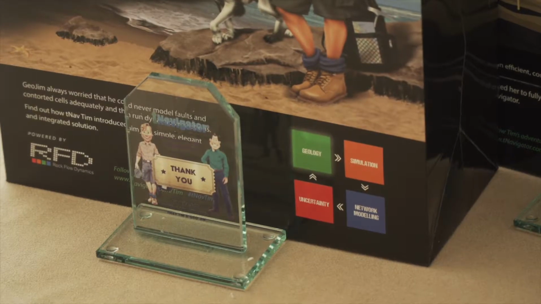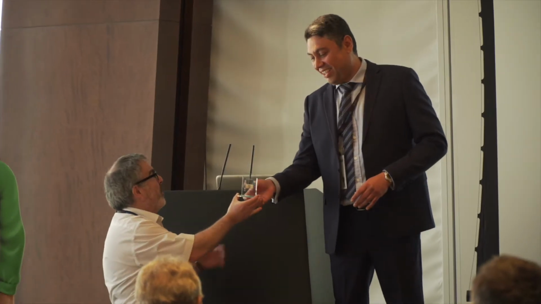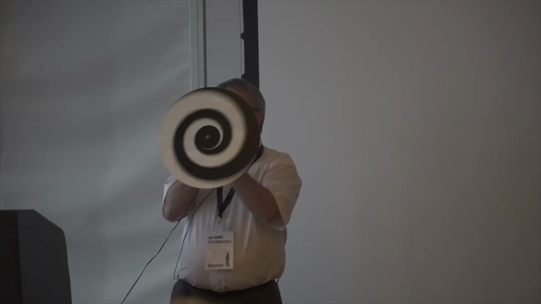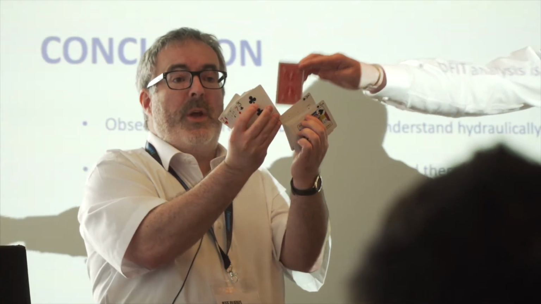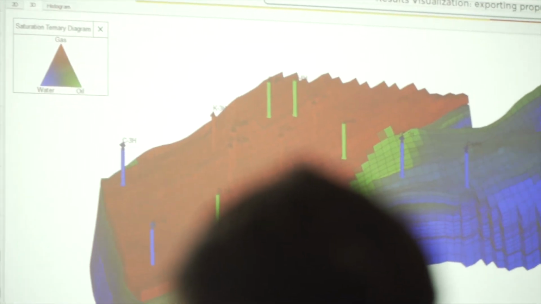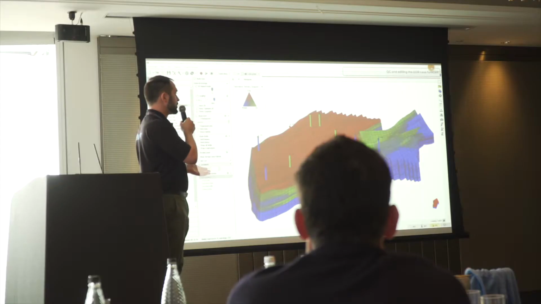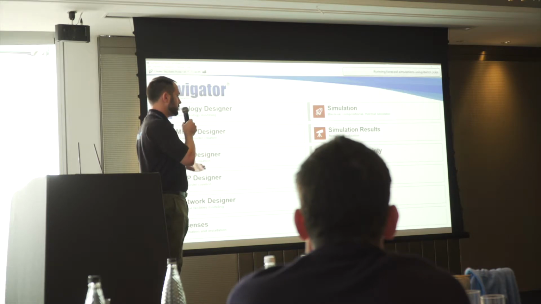I've worked with tNavigator. They're a very friendly and approachable group. It does a very good job very quickly, and that's from the simulation point of view. It's a lot faster than the competition out there. And that's what we're looking for as reservoir engineers, something that's fast and accurate. Being able to visualize the data, not having to wait around for it to process. Sometimes on some of these software you hit return and you're waiting forever for it to do something,